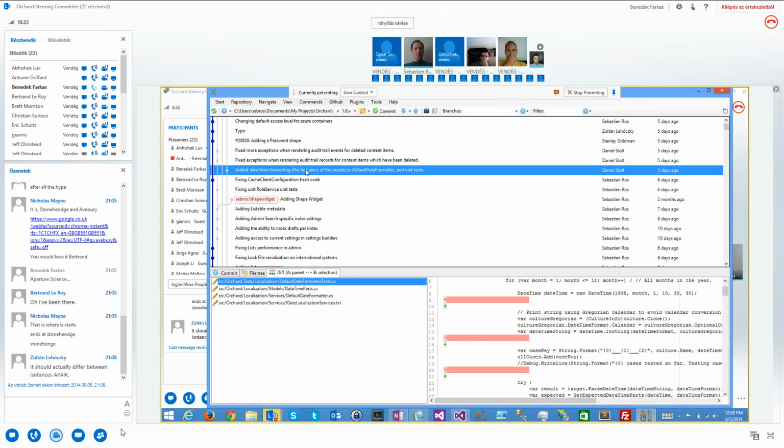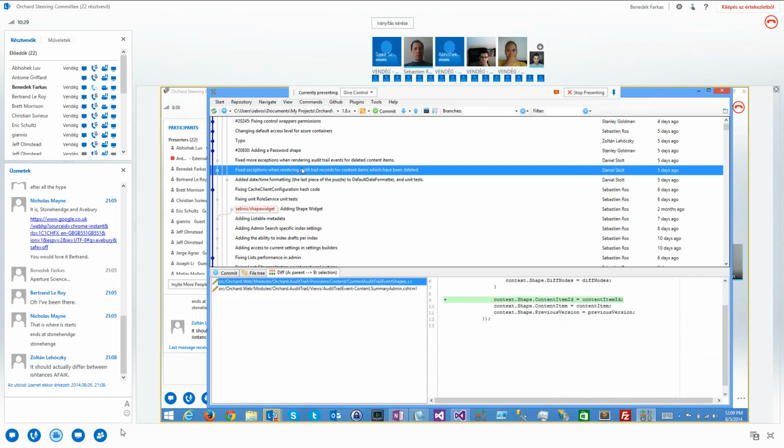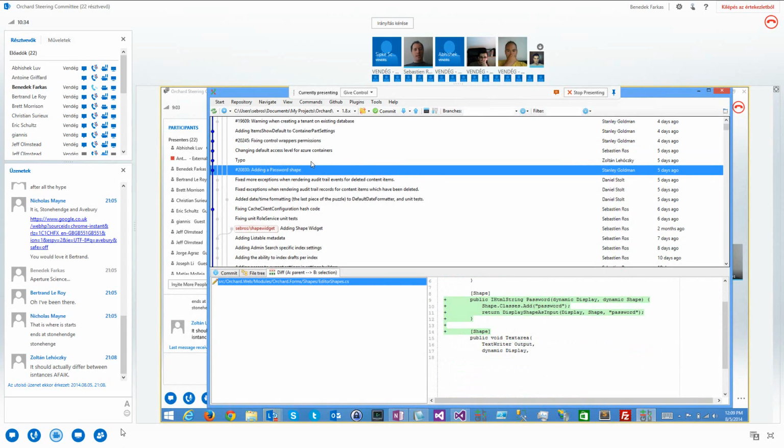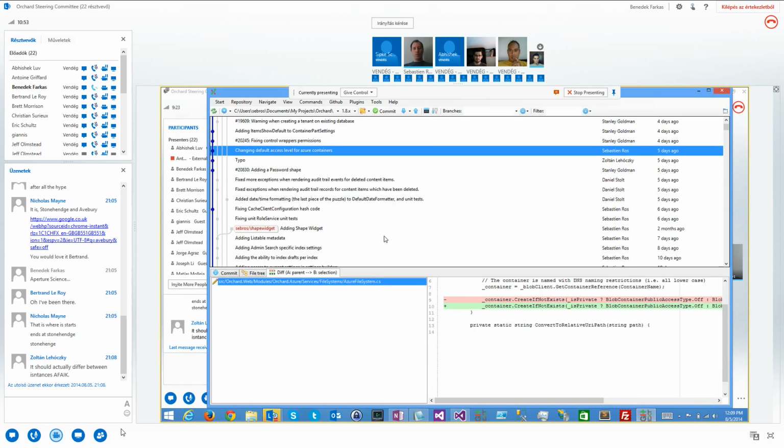So this is from Daniel working on the date localization branch, so we'll ignore that. He fixed some exception in AuditTrail. Then Stanley got his pull request from last year, adding a password shape in the forms. So if you want to use the forms API, you can use the password shape now. Typos. Changing. What did I do here? Okay. Oh, this is